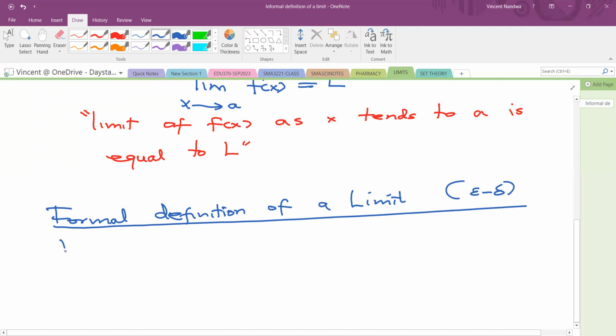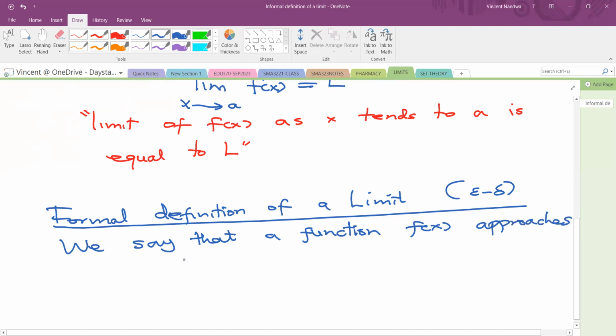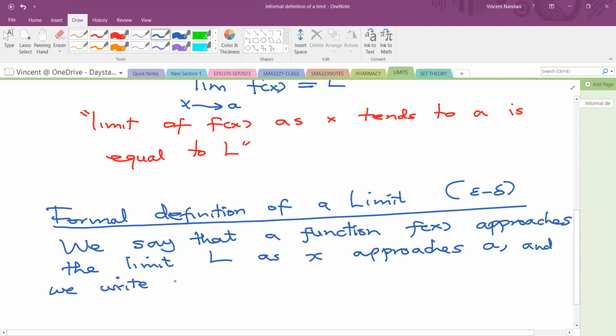The statement goes: we say that a function f of x approaches the limit L as x approaches a, and we write limit as x approaches a of f of x equals L,